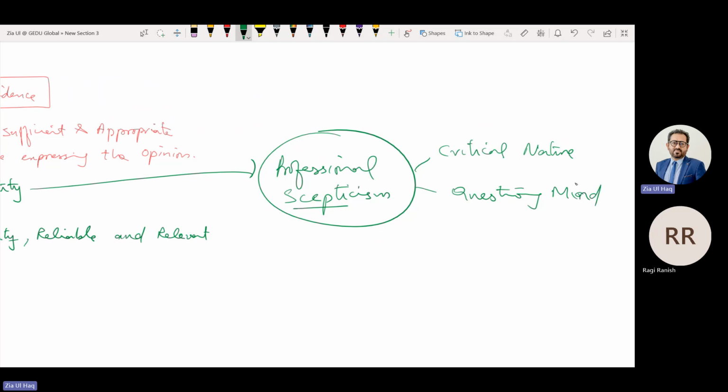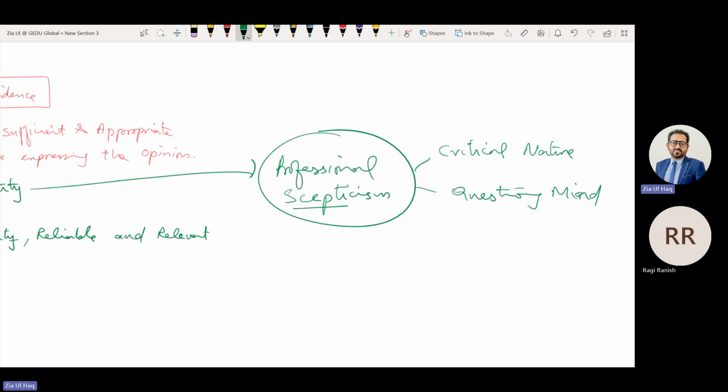Though you have obtained the evidence, still keep in mind that there could be an issue. Try to seek more and more evidence as much as you can. Do not rely only on the evidence that you have obtained.